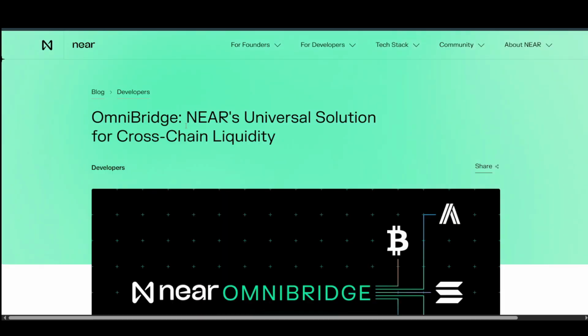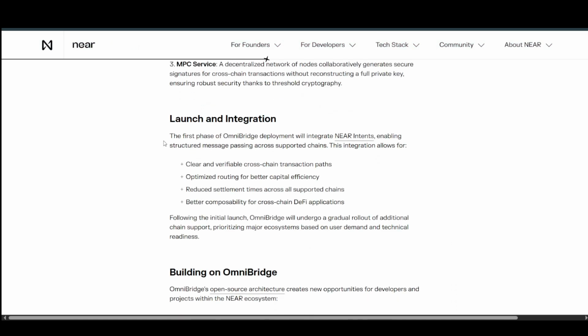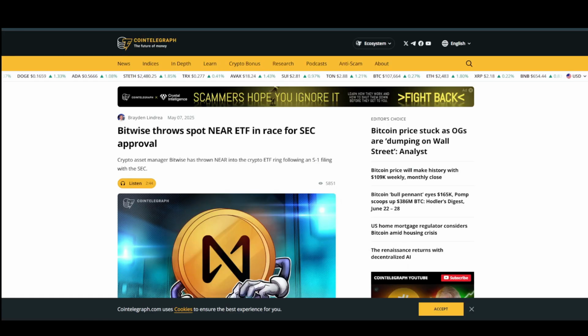Now NEAR is also building a universal solution for cross-chain liquidity through their Omni Bridge. Again, a massive thing for NEAR itself. As you can see here, the first phase of the Omni Bridge deployment will integrate NEAR intents, which are these ones, and after that